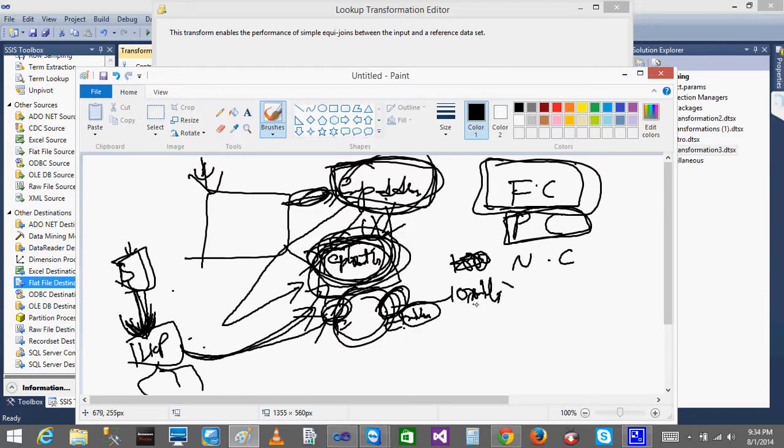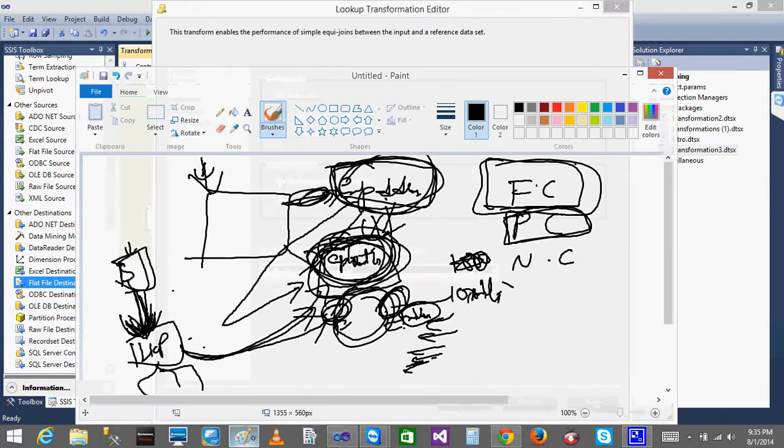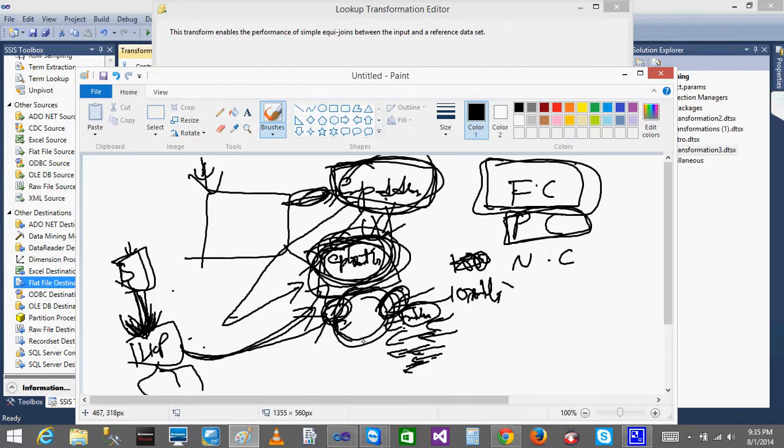Then it will not wait for the rest to complete. It will get the data from the source, and whatever record matches the 1 million, it will look up, and in the meantime, while doing this lookup, it will start loading the other data also: 2 million, 3 million, 4 million, 5 million. Means when you do a partial cache, it will only get some data first, and after doing the lookup, it will start getting the other data, but it will not get the entire data in a single shot. That is a partial cache.